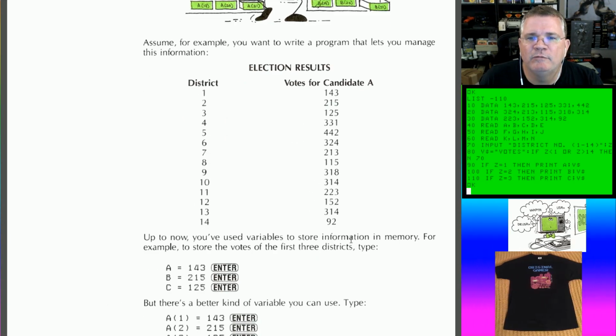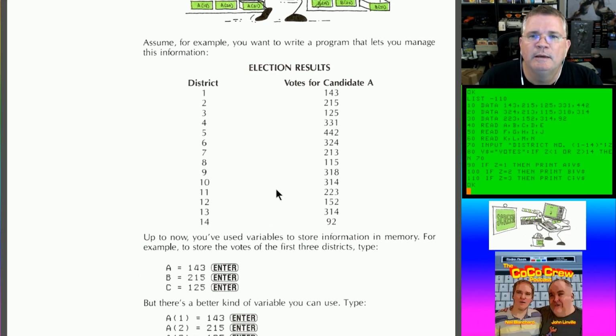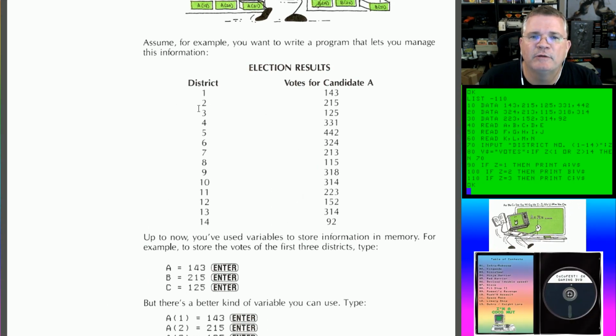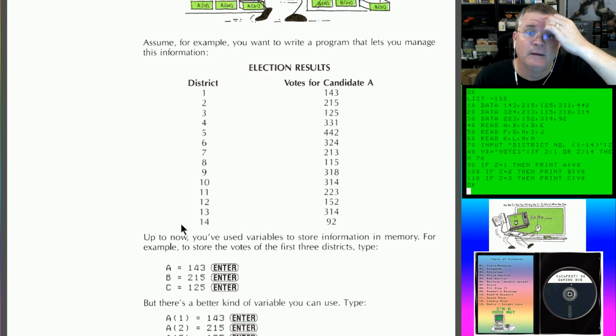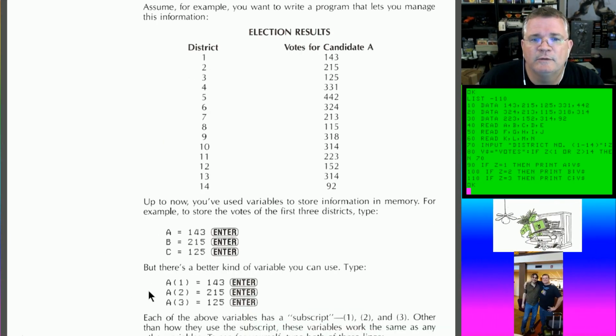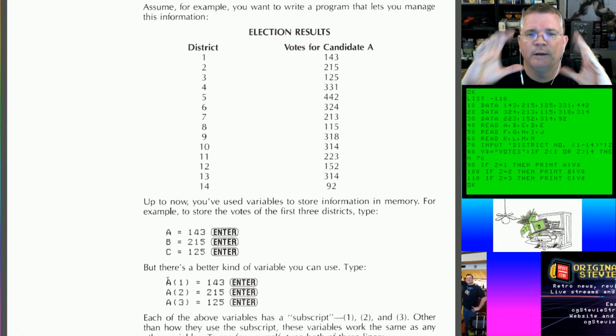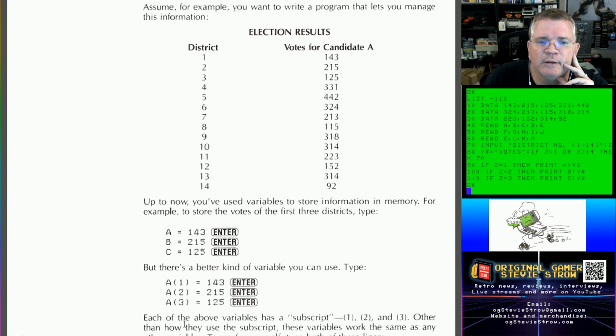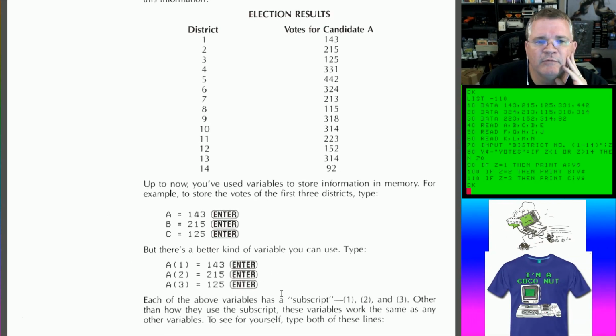And it says, now up until now you've used variables to store information in memory. For example, you could say, well, A equals 143 for candidate 1, B equals 215 for candidate 2, C equals 125 for candidate 3, and so on. But it says that there's actually a better way to do this, and you could say A(1) equals 143, and A(2) equals 215, and A(3) equals 125, and it says each of the above